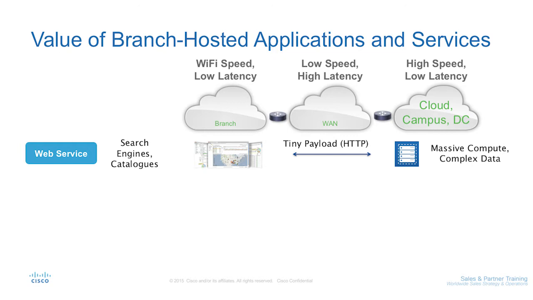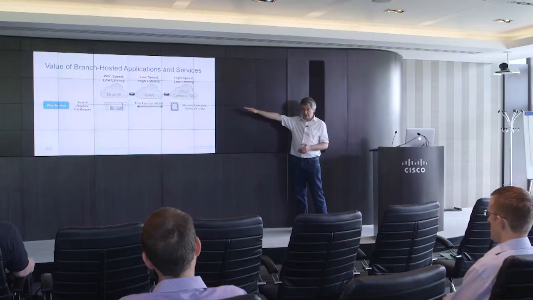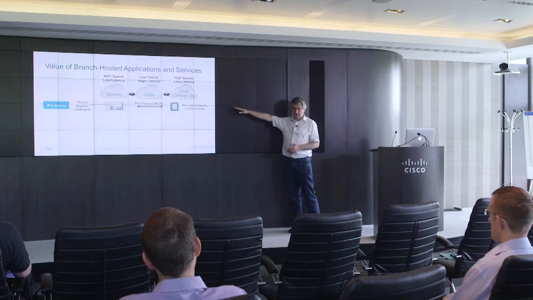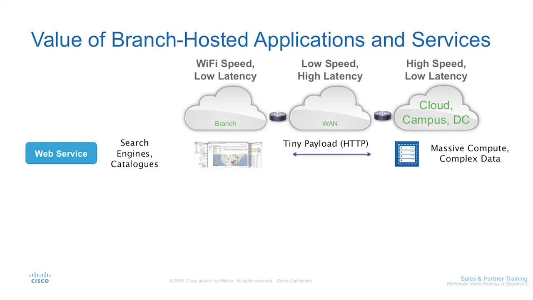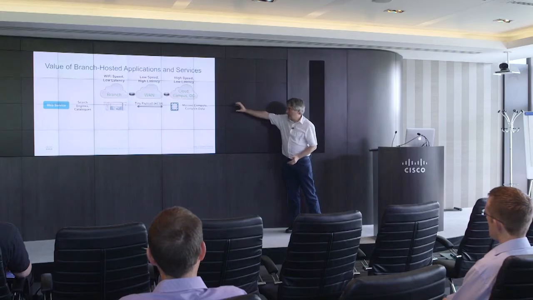Initially, our web model was to start off with very thin clients, very tiny payloads going across very restricted communications, whether it's WAN links, back in the ISDN days, for example, and all our compute took place remotely in data centers or nowadays in cloud. As we grew this infrastructure and these services, what we ended up with was lots and lots of hardware appliances in our data center, and we optimized that by virtualizing those hardware appliances and those applications into the cloud kind of models that we have today